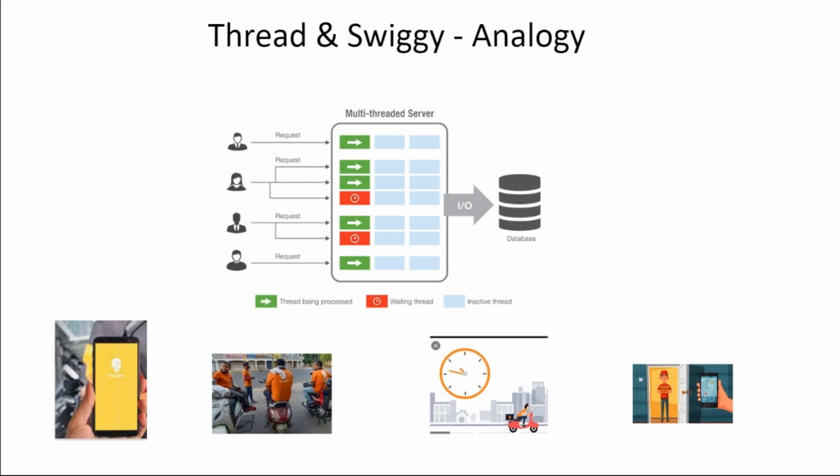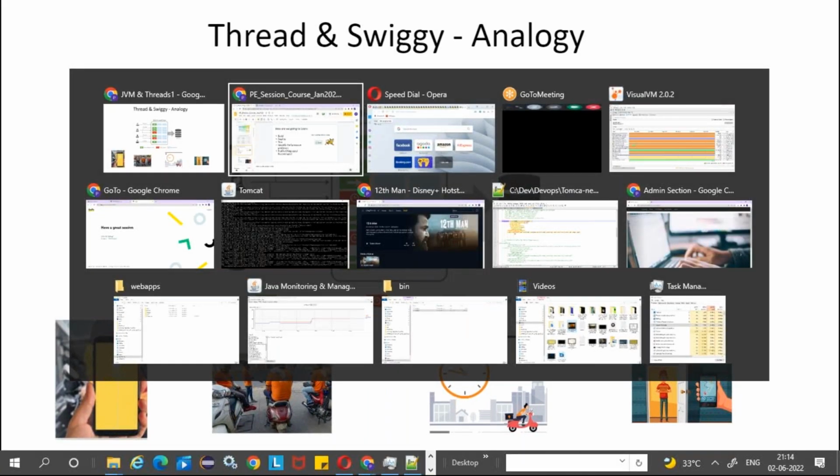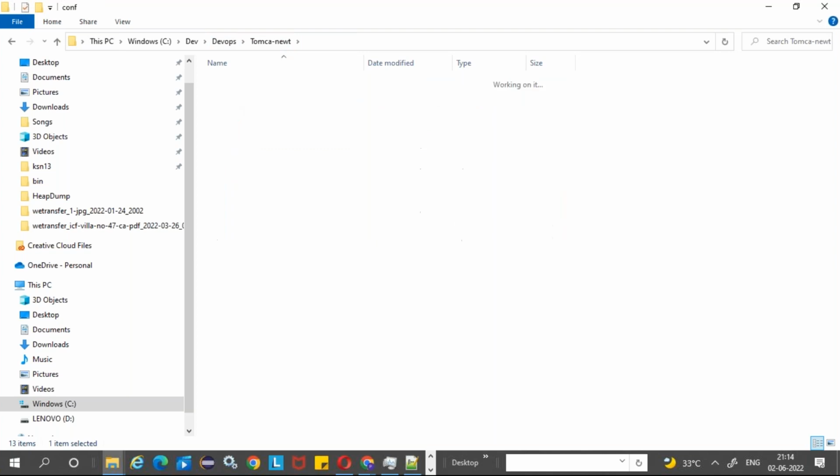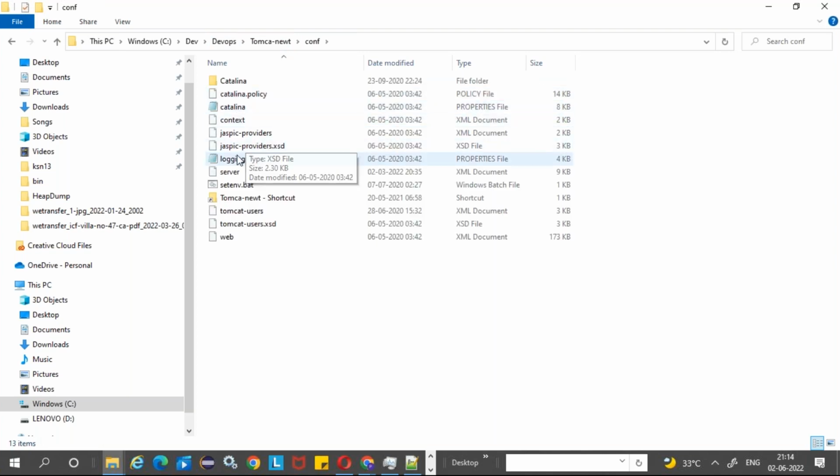But from a concept perspective, you need multiple threads for processing to handle concurrent requests, and these threads are configured at your web server level, at the Tomcat level. Yesterday I was showing you that in the Tomcat server. I'll go back to that. In Tomcat, if you look into the configuration file, server.xml,